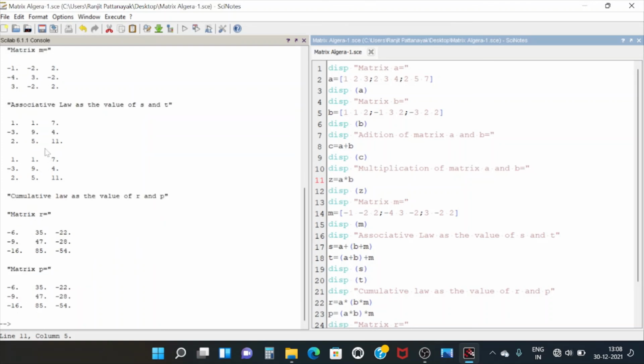Here you can see that S and T matrix values are displayed directly.